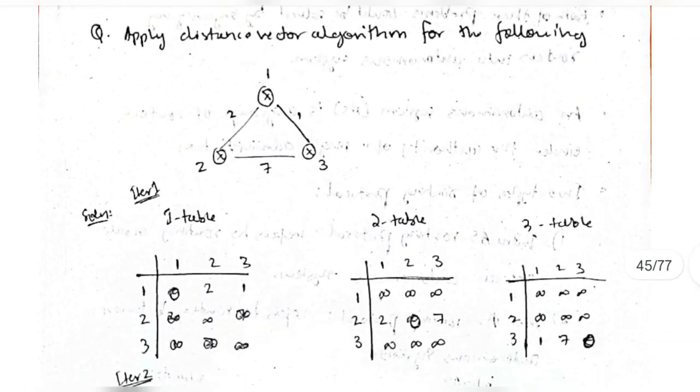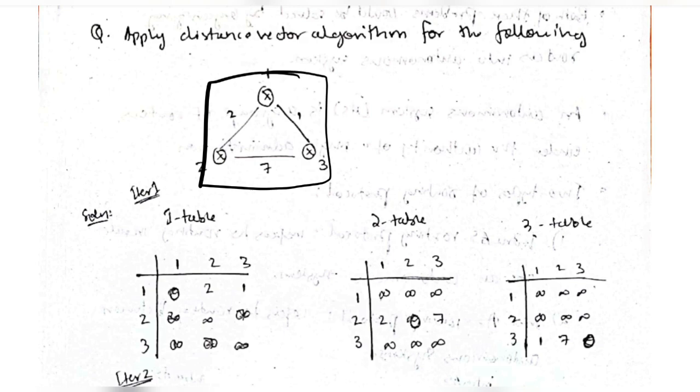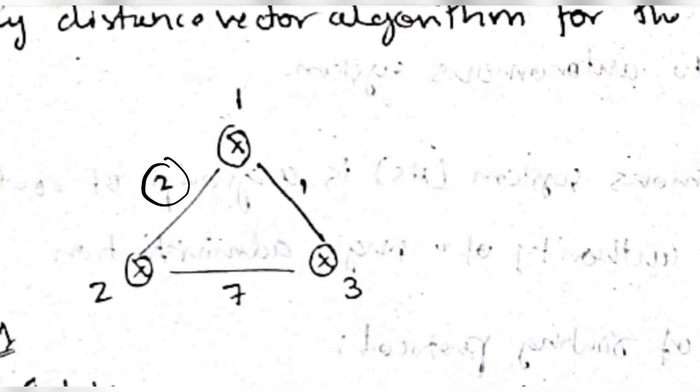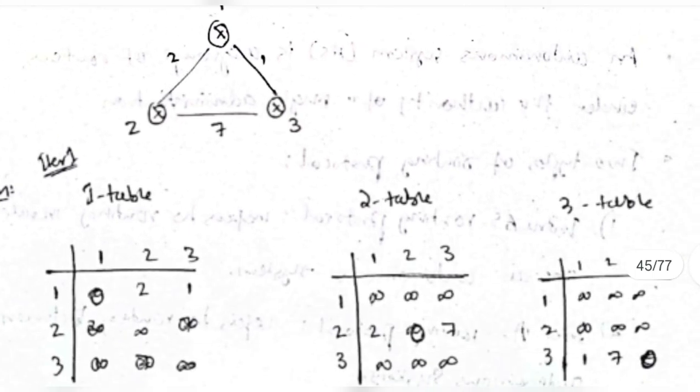So this is the problem where we have the graph given to us. We have 3 nodes here, and in these 3 nodes the cost from one node to another is: from 1 to 2 it is 2, from 1 to 3 it is 1, and from 2 to 3 it is 7. To solve this using the Bellman-Ford algorithm, you have to make each